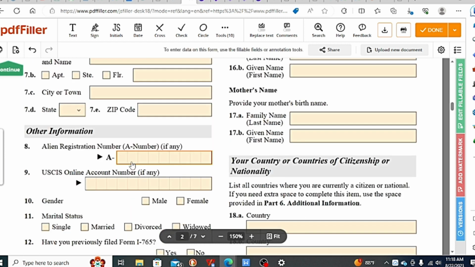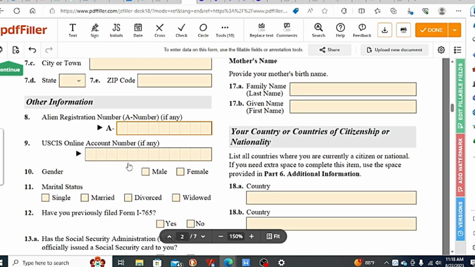Other information is your alien registration number. If you have any, then you print it here, but if you don't have, just leave it blank. Your US online account number. If you have filed anything online, definitely you have a US online account number. Check on USCIS official website and you can grab your account number. Print it here or type it here. I always suggest people to use PDF filler as I'm doing now, or you can use Adobe, or you can print it out and fill it out. Select your gender,